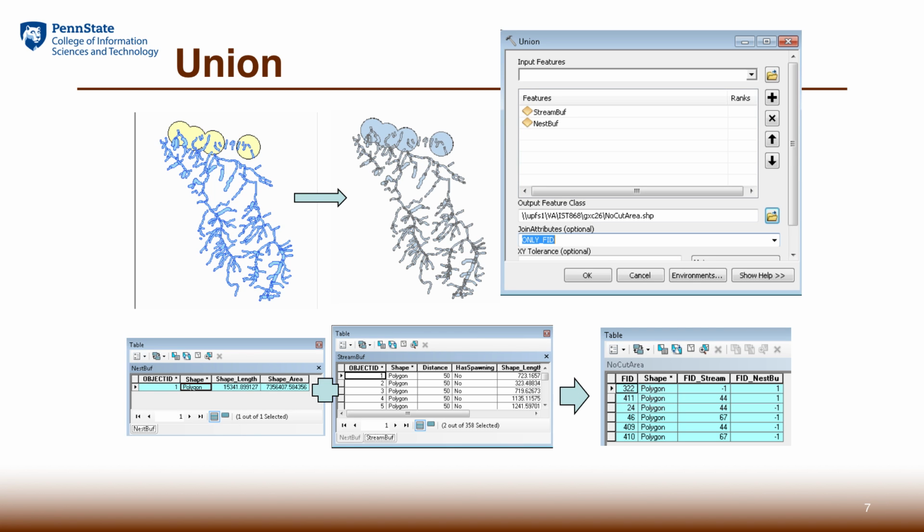So in terms of the attributes operation, we concatenate the attribute tables from both of the themes and form a bigger table. Because we choose the ID only, each of the polygons will show the feature IDs from both of the original themes. Okay? So the combination should be unique in a sense.